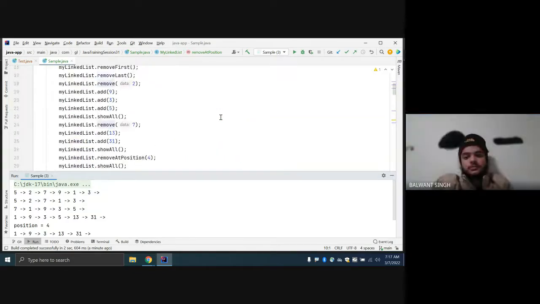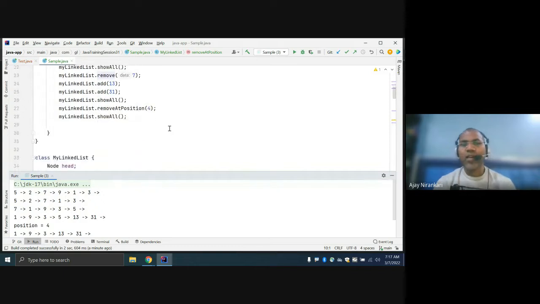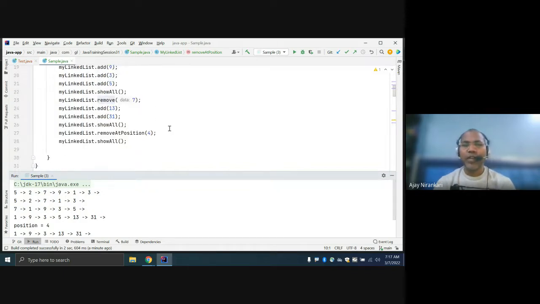Okay. So let's try this combination. Just like we have removed any position data, or removed first, or removed last, or removed any data, similarly we have to do all the same operations for add, and similarly for remove.